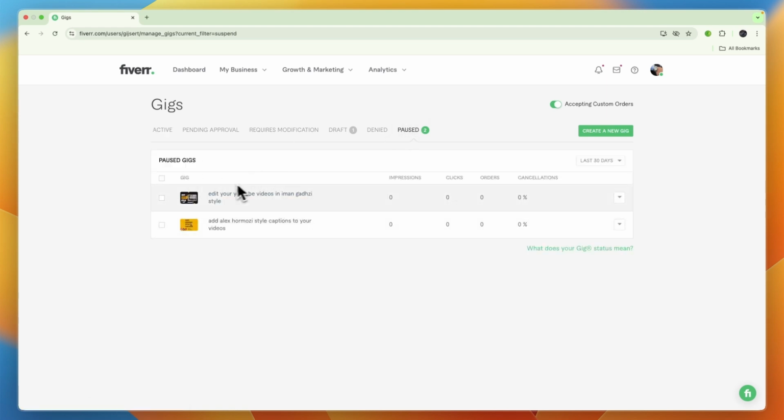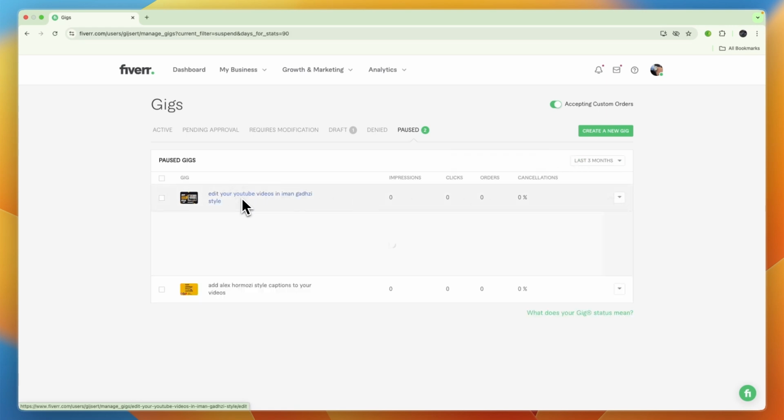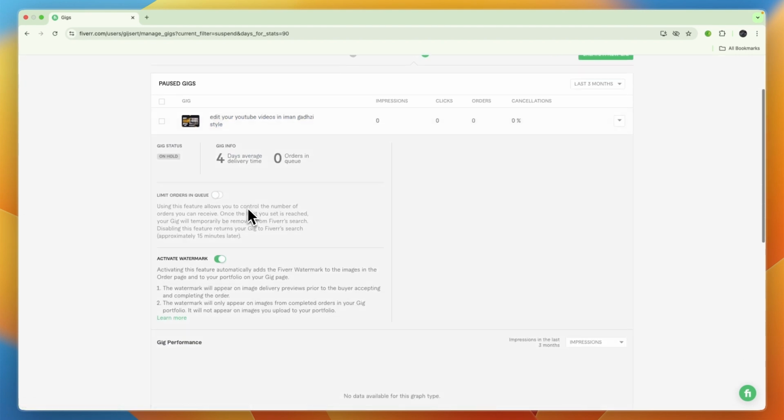So under the gigs, you can then see the amount of impressions right here. So for me it's 0 since they are paused, but for example, you can also then set it to the last 7 days or last 3 months or whatever else you want. And if you go and click on a gig, then you can see right here, if you scroll down, you